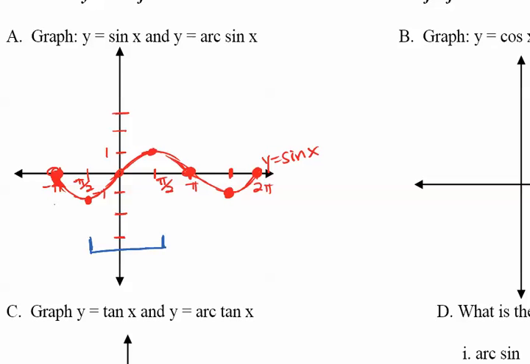You can't go through any valleys or over any hills. So think of a minimum height to a maximum height, and we might as well choose that value as close as we can to the origin. So if we restrict the graph to this region from negative pi over 2 to positive pi over 2, then